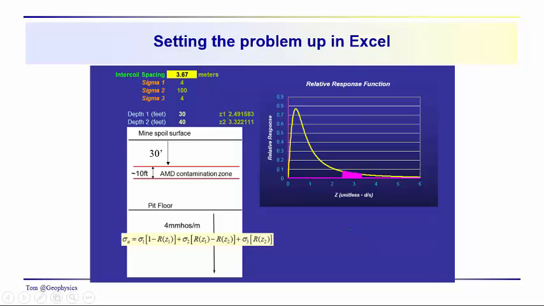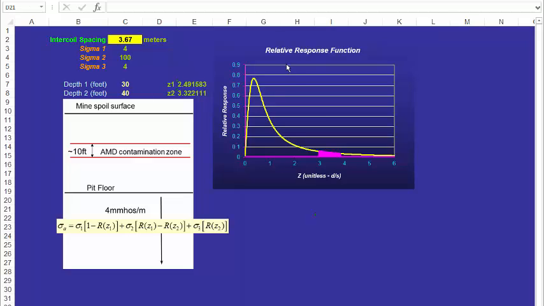So what we'll do is shift over here to Excel. We have this problem set up here. We're just looking at it again: 4 millisiemens per meter for the uncontaminated zone and the uncontaminated intervals beneath it, and then 100 millisiemens per meter for the contamination zone. So as defined, it's set up as a three-layer problem. And we want to see, if we take this contamination zone and raise it or lower it, what does that do to our ability to